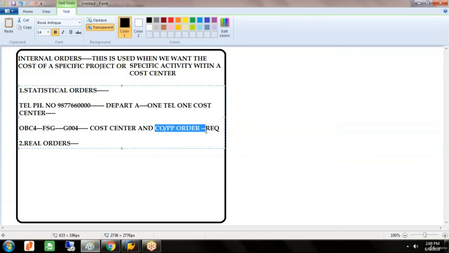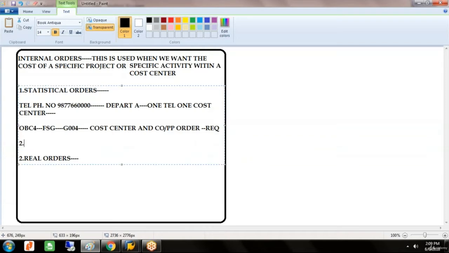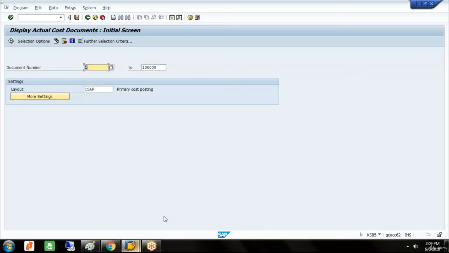So when we are posting, we need to specify the telephone number. That's why we are making it as either optional or required entry. It should not be in the suppressed mode. Second activities, we'll go to FS00 and we'll create telephone expenses as primary cost element. So let's go ahead with this activity. First, we'll do these two activities. So we'll go directly from here, /n